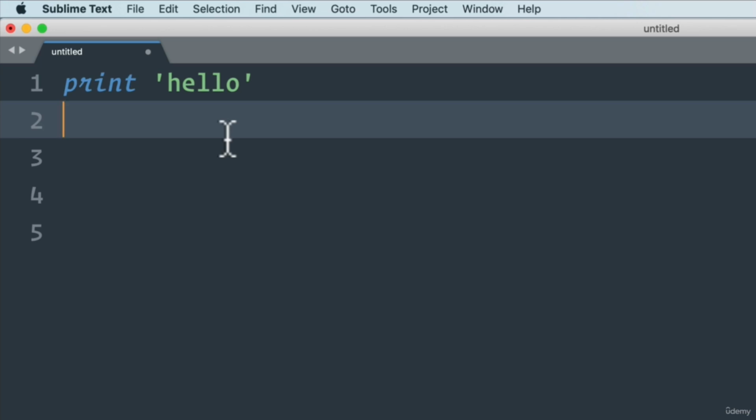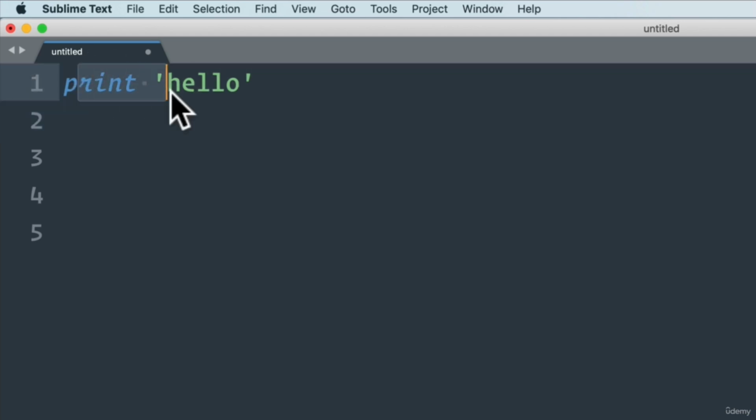Your time is better spent learning to code, actually coding, instead of finding just the best color scheme to have